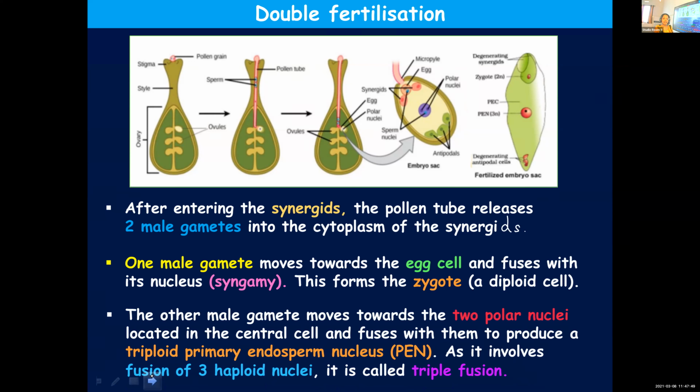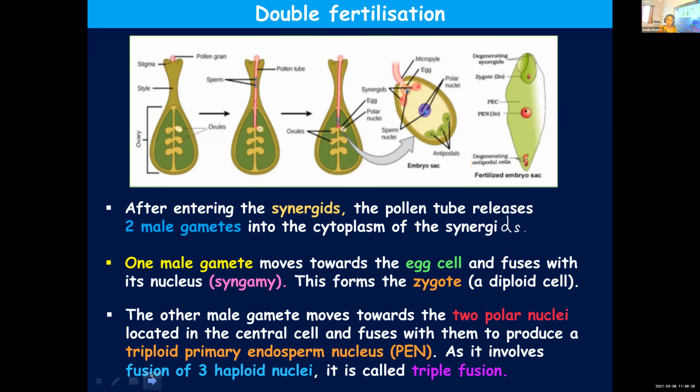And in the first one, that is syngamy, a haploid male gamete fuses with a haploid female gamete and forms a diploid zygote. Haploid means unpaired condition of chromosomes. Gametes will have the unpaired condition of chromosomes. In 10th standard, you have learned why the gametes are made haploid. Because only if the gametes are haploid, upon fertilization, when they form a zygote, the normal chromosome number can be restored.